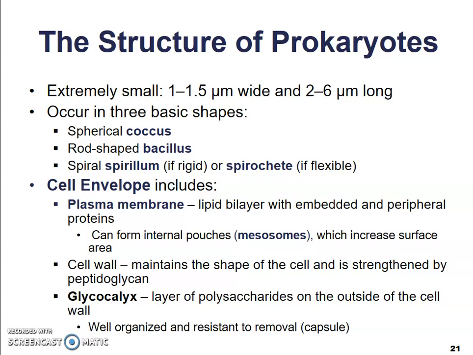The structure of prokaryotic cells: they are very small, 1 to 1.5 nanometers wide, and about 2 to 6 long. They occur in 3 basic shapes: spherical, rod-shaped, and spiral. They have a cell envelope, which contains a plasma membrane, a cell wall, and